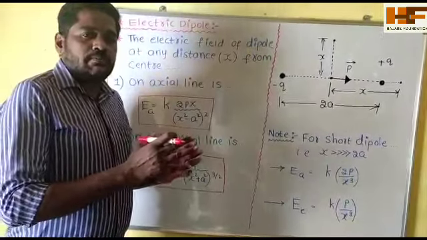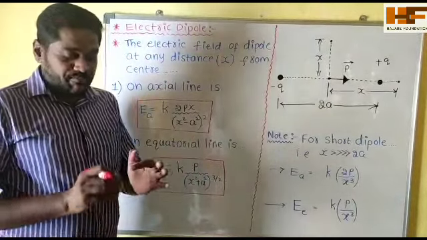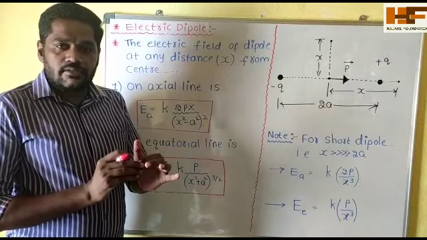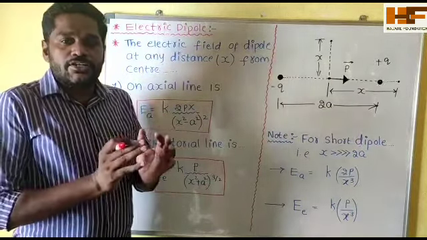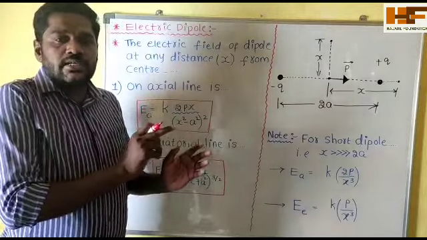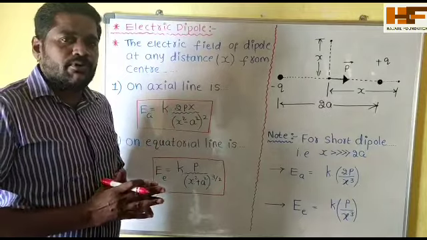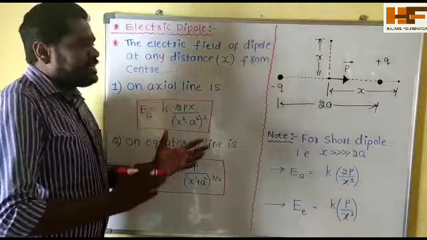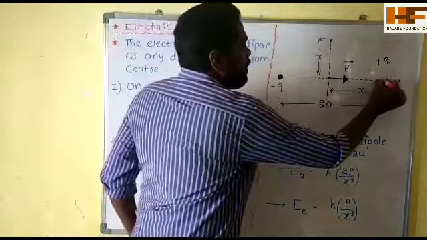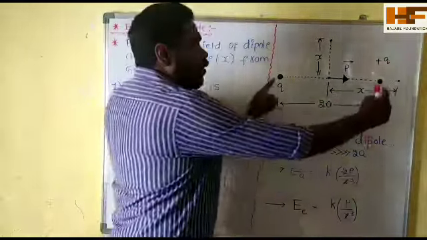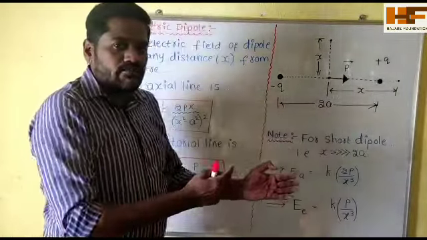Now the last part of the electric dipole concept, that is the electric field. We have discussed torque, we have given the formula for work, and also the formula for potential energy. Last is the electric field due to a dipole, a very, very important point. So first of all, let us consider the dipole. This is the negative charge minus Q, and this is the positive charge plus Q. The separation between them, 2a, is the length of the dipole.